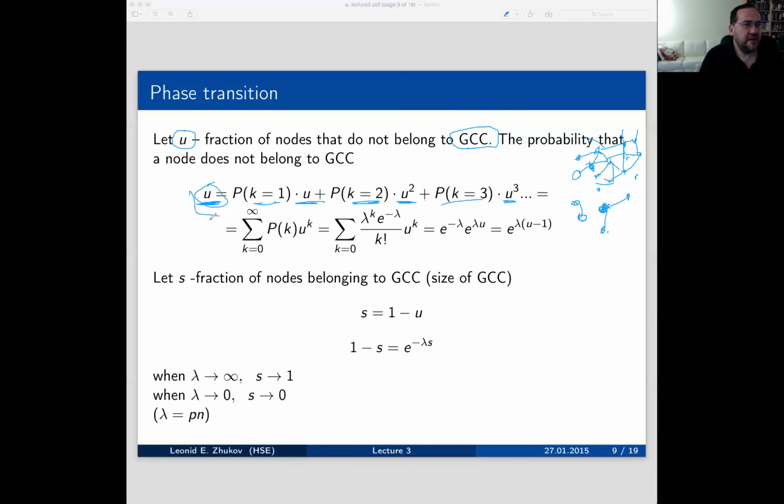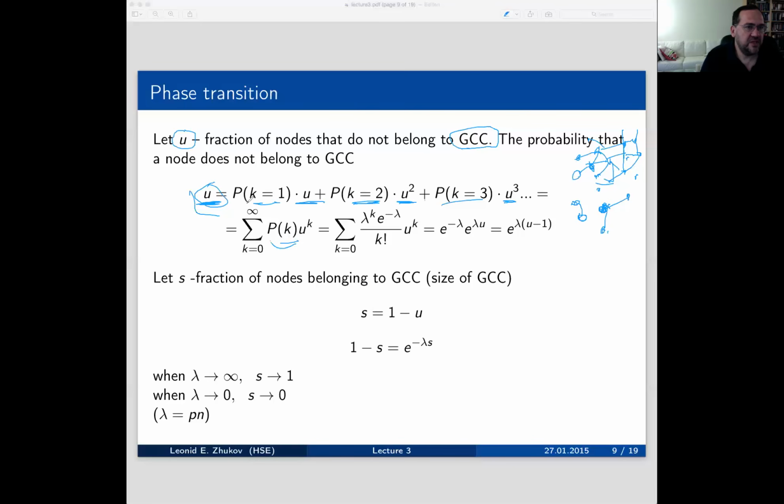And so in the mean field understanding of things, that statement should be true, right? So U should be equal to this total sum. Again, this is a fraction of the nodes, or the probability that the node does not belong to the GCC, and because it still can be connected to other nodes, it can be expressed in the following fashion. Then what we can do is use the Poisson distribution that we already calculated for a random graph and substitute it here.